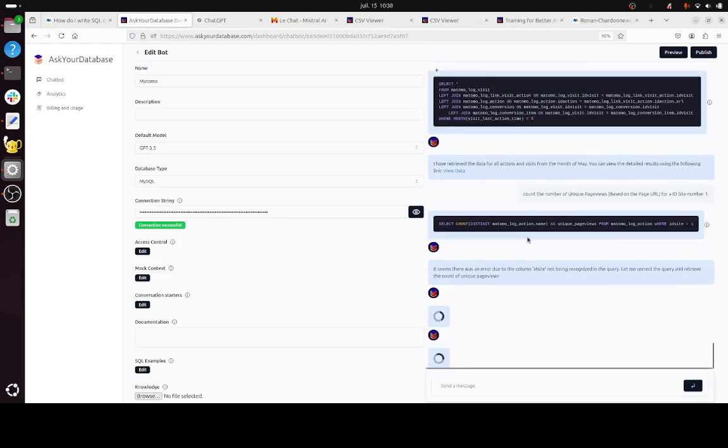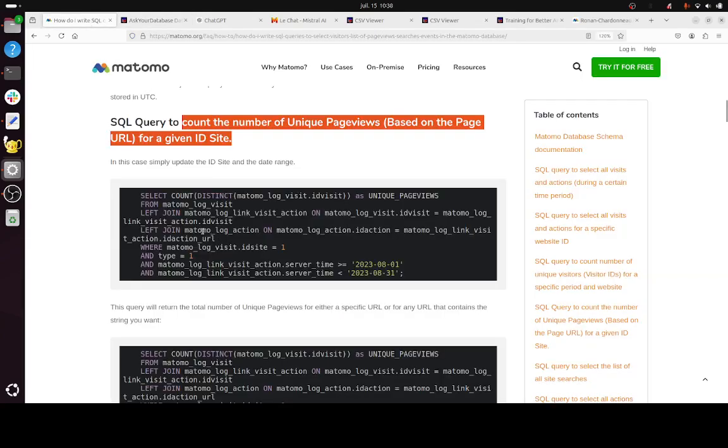Here I didn't specify any date, so we're going to see how it's going to handle it. First of all, you can look at the request: Matomo log action name, unique page views, Matomo log action. Whereas the query should be,